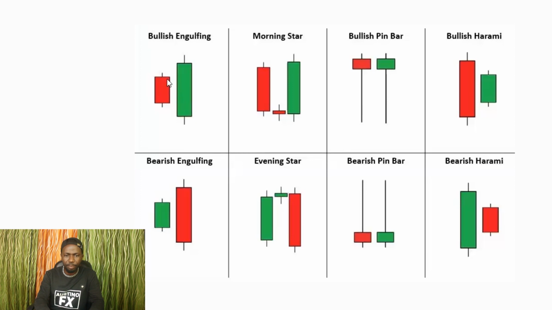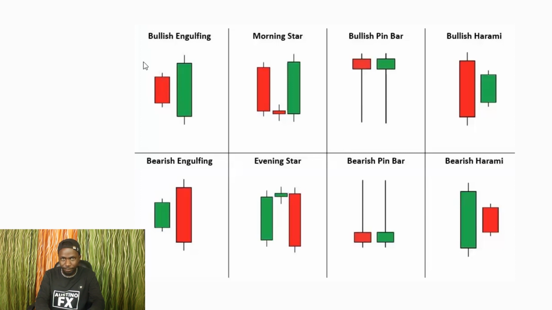So now let's start with the bullish engulfing. The bullish engulfing entails that there is a bullish reversal here. The green engulfs above the red, telling you that the buyers have stepped into the market. Formerly the market was in a downtrend. The market was rallying down, a series of red candles. The market was just going down, going down, going down. What you are seeing is red, red, red, red, red. Then suddenly you now see a big, gigantic green candle, a big green candle that engulfs above the red candle